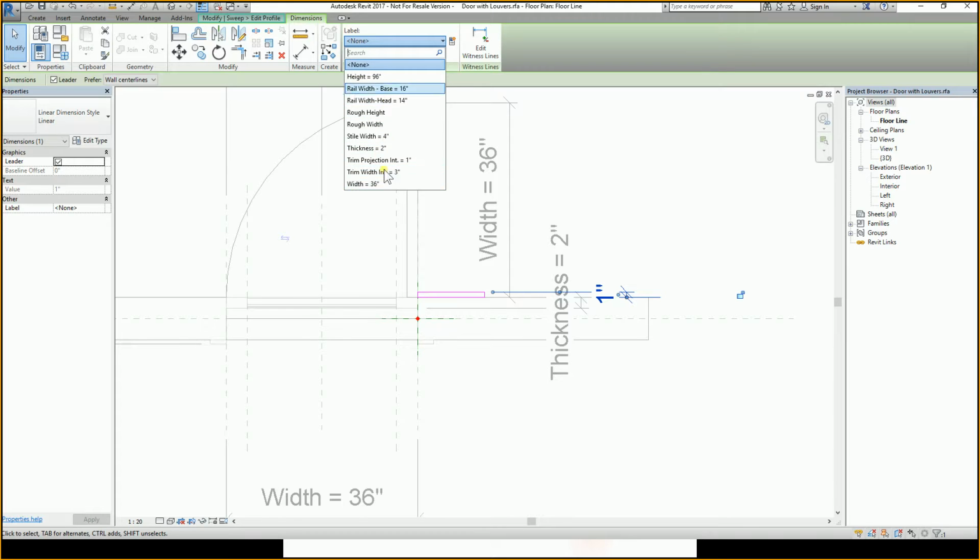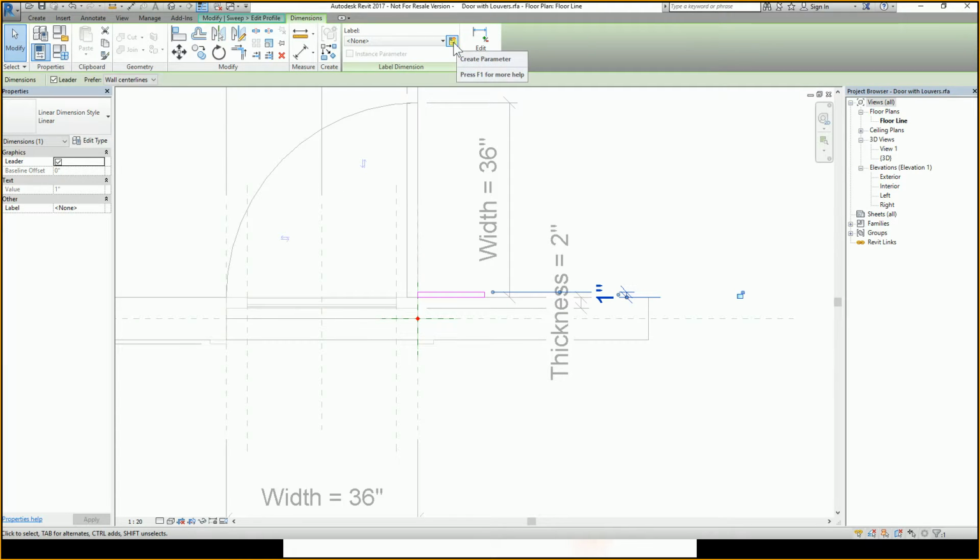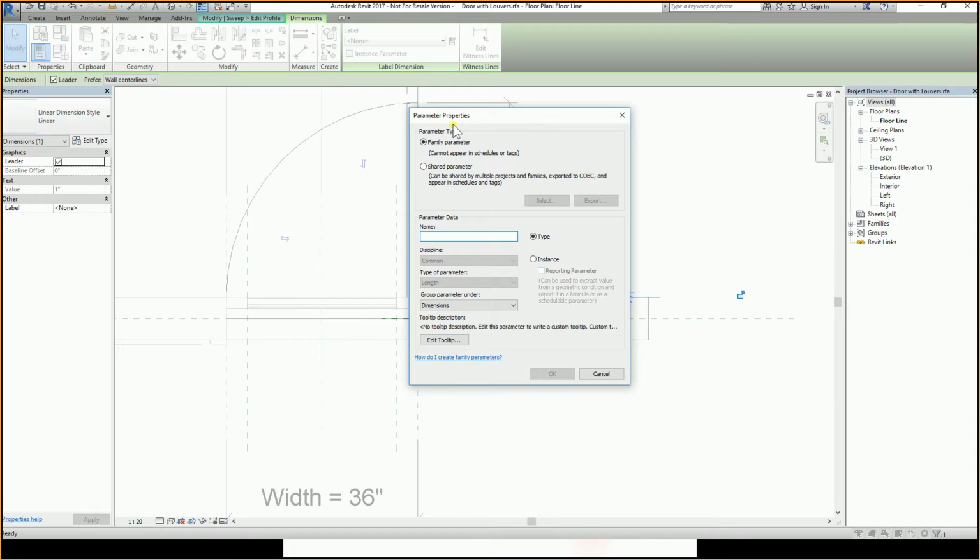parameter, which I don't have the one that I need. This is a little different. So normally in the previous versions of Revit, you actually have the option of adding a new parameter to that dimension. But it looks like 2017 and up don't have that anymore, which is weird, but okay, that's okay. Oh, here, sorry, it's right here. It's just outside now. The one that I use every day, it has it right here, but now they changed it and it's here. So we are gonna create a parameter, and we click on this, and the same window